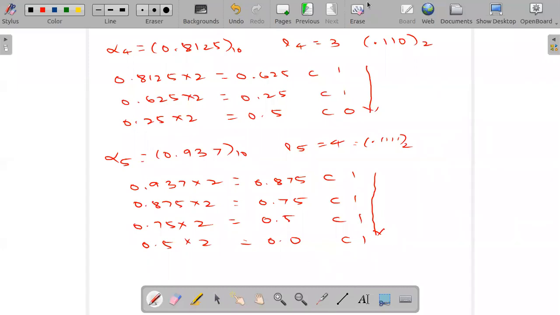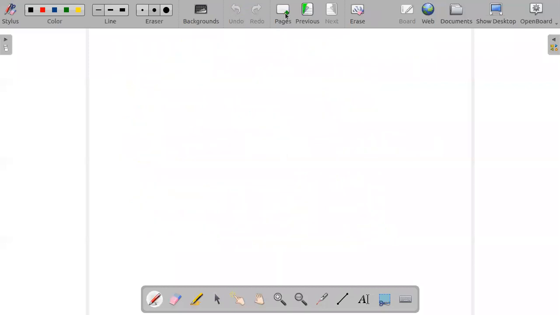Is it clear? Okay, now last step. Step number 5 to complete this problem, right? Only remember, it is very simple. Step number 5 should be written in such a way that I should write the code here. I want to have the code for M1, M2, M3, M4, M5, and what will be the code for this, right?